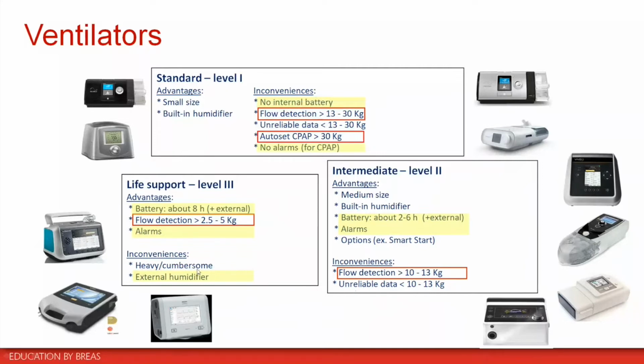The inconvenience is that they are very big, except this one, which is recent. And they have an external humidifier. So that means that you have the humidifier that you have to put on the side with some different tubing. So it is important to know which kind of device you will use, and once again, what are the limitations, what are